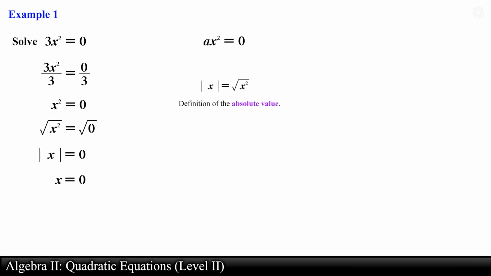Recall that this is the definition of the absolute value. Specifically, the square root of x squared is equal to the absolute value of x. You will be amazed how many students who start their first course in calculus forget or never even heard of such a definition. So with that said, let's move along and solve quadratic binomials of the form ax squared plus c